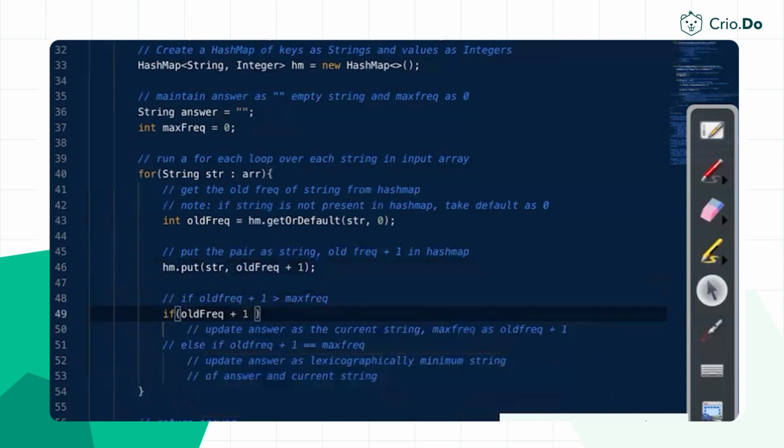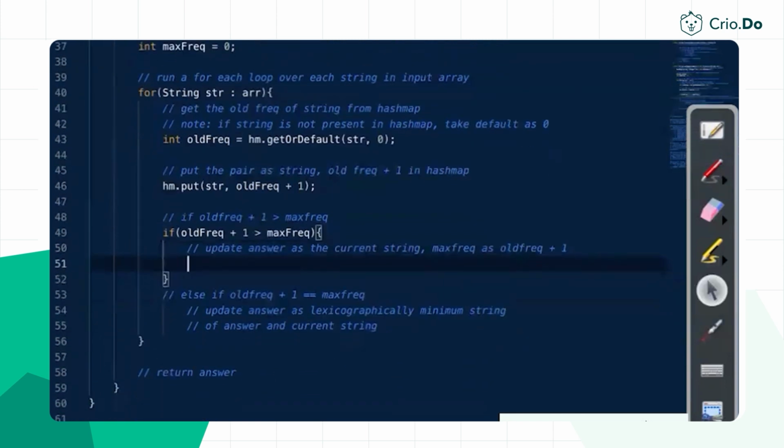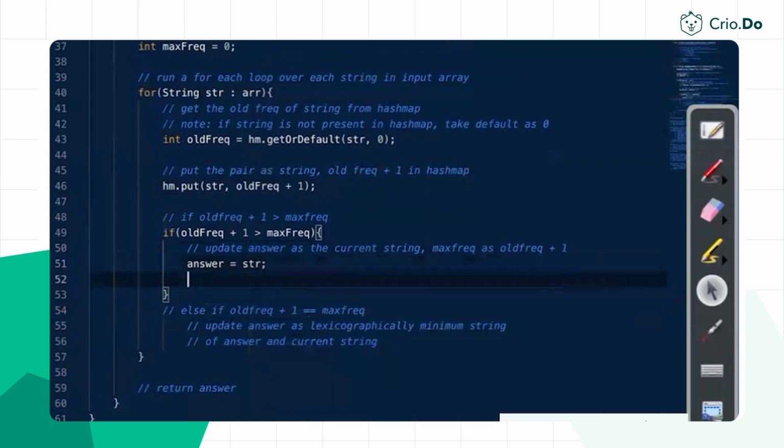You can store it in a new variable, new frequency, and compare with that directly. But I'm just using the same thing. Is it more than the maximum frequency? If it is more than the maximum frequency, then there is no need to compare for lexicographical order. Just simply say that the answer string will become the current string and the answer frequency, that is the maximum frequency, will become the current frequency, that is old plus 1, the